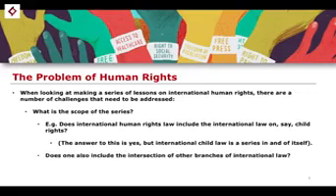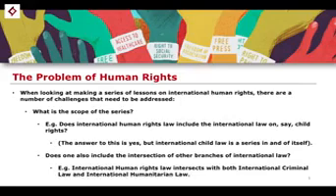In addition to this, what about the intersection of international human rights with other branches of international law? We're going to see quite clearly that there is a broad intersection between international human rights, international criminal law, which we have already studied, and international humanitarian law, which we are studying alongside this series. International criminal law being, of course, the law in relation to the regulation of the most heinous crimes of humanity. So, for example, genocide, crimes against humanity, war crimes and aggression, and international humanitarian law covering the laws of war, the Geneva Conventions, the jus in bello.